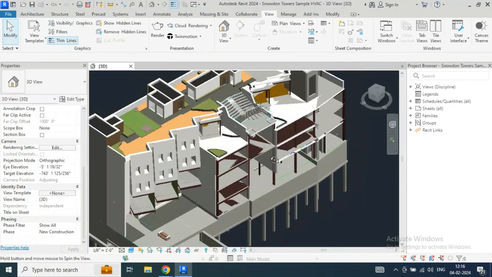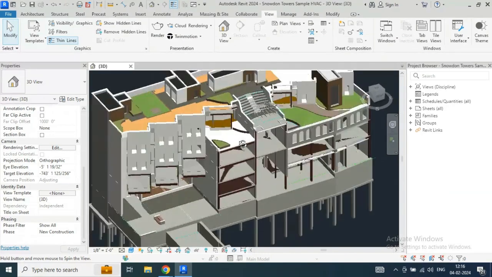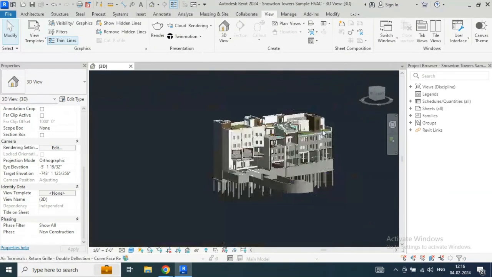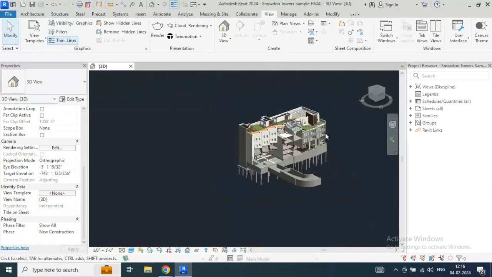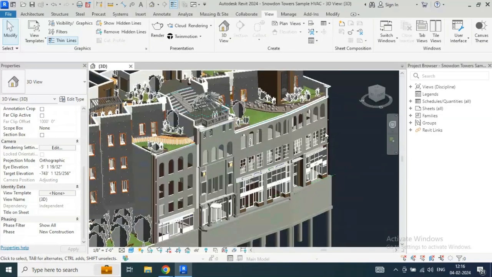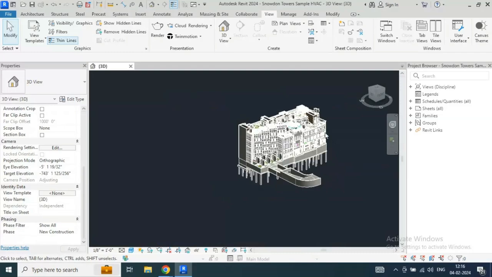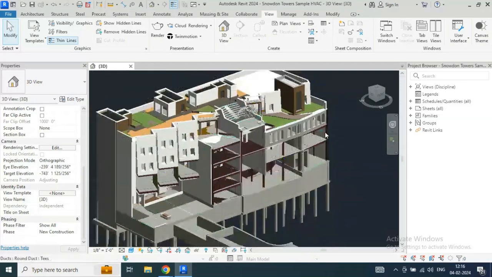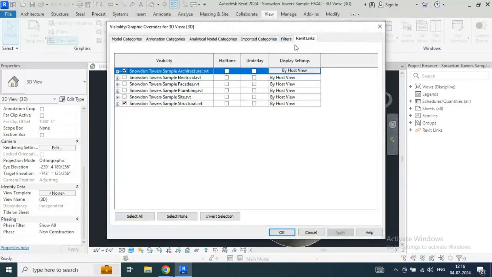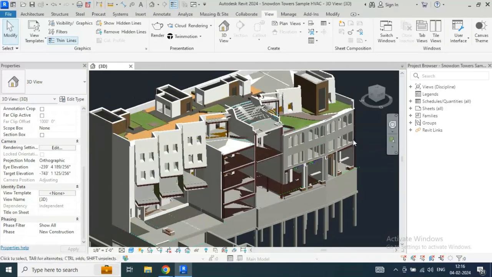First, till now we had only a few sample models like technical school, basic model and one advanced model. Here we get a completely coordinated new model, that is Snowdon Tower. This will be very useful to us because here we have updated schedules, families, filters, sheets in the Snowdon Tower model. Here we are using the HBC model, but if we go to the VV, we will see already